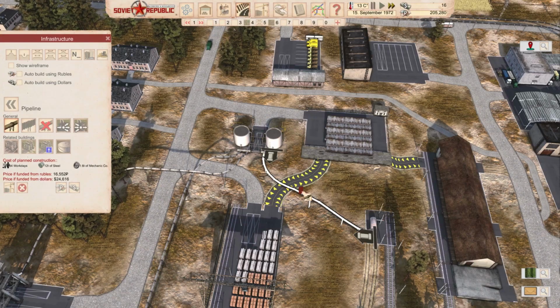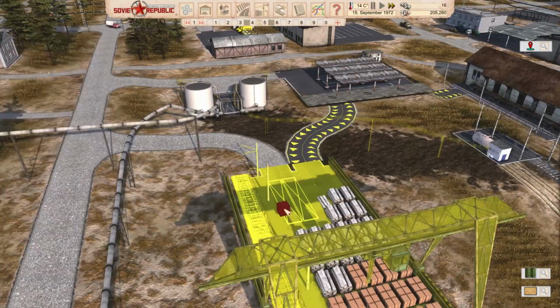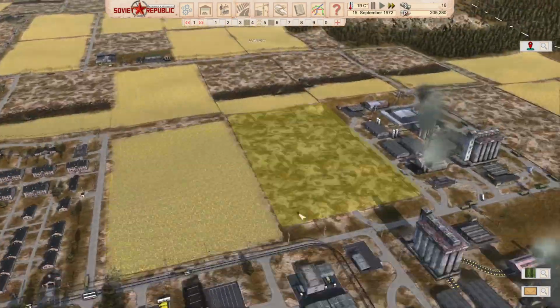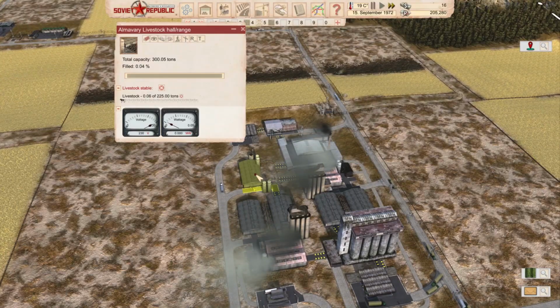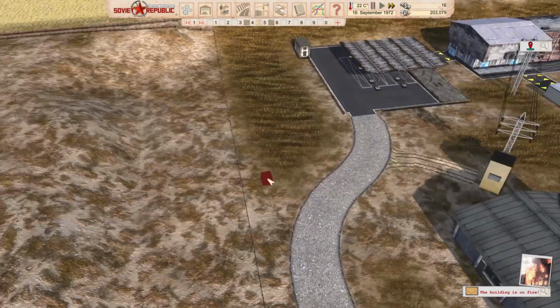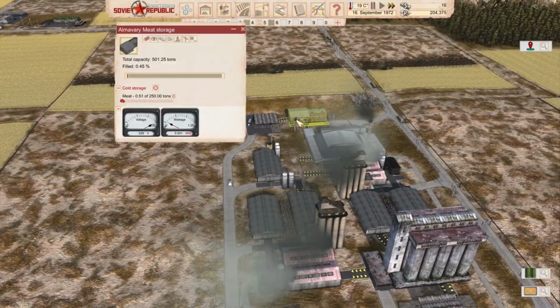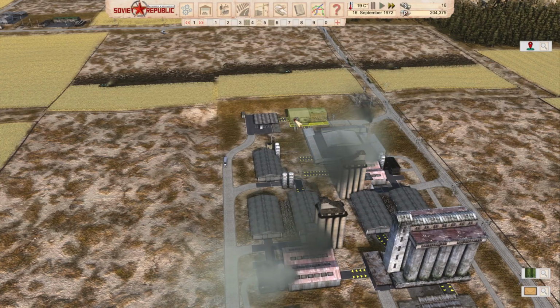There we go. Bend it a little bit. There we go. Well, it looks. I don't want to say it looks good or bad, it just looks. How are we doing here? Again, we are processing livestock faster. Yeah, we might be exporting, we'll see how this is going to go. We might be exporting meat faster than...